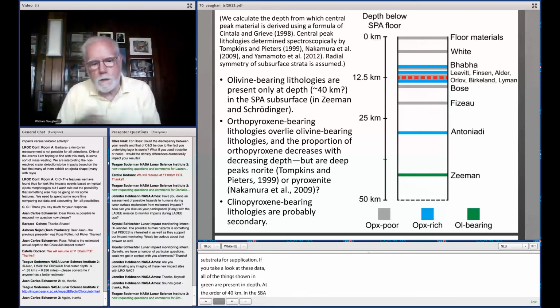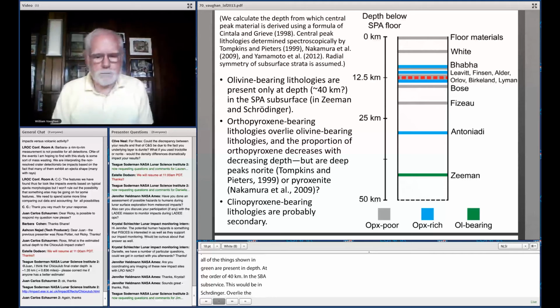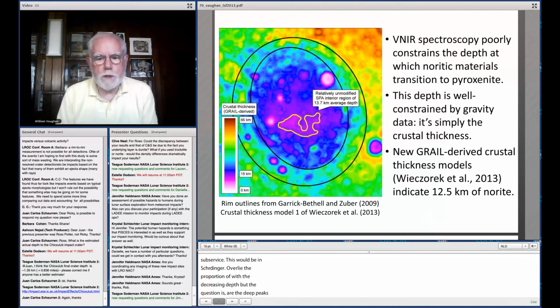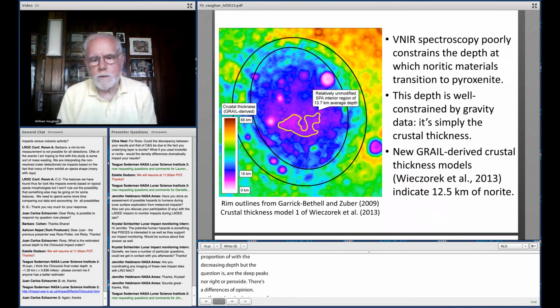So orthopyroxene-bearing lithologies overlie the olivine-bearing lithologies, and the proportion of orthopyroxene decreases with decreasing depth. But the question is, are the deep peaks norite or pyroxenite? There are differences of opinion about this. Next slide, please. So if we take a look at some of these things, we can use the VNIR spectroscopy,